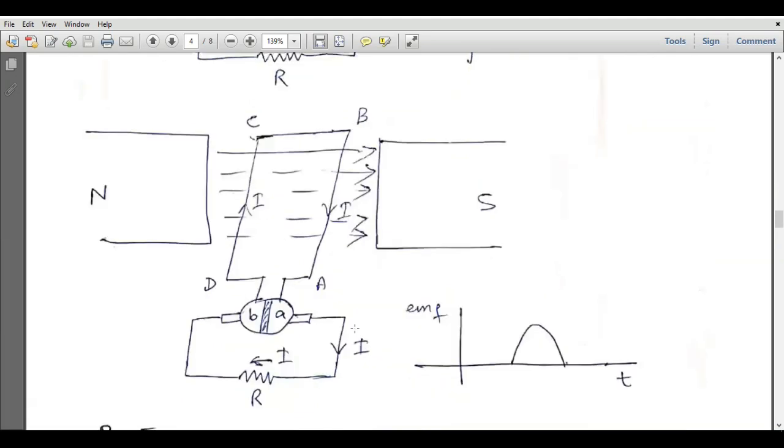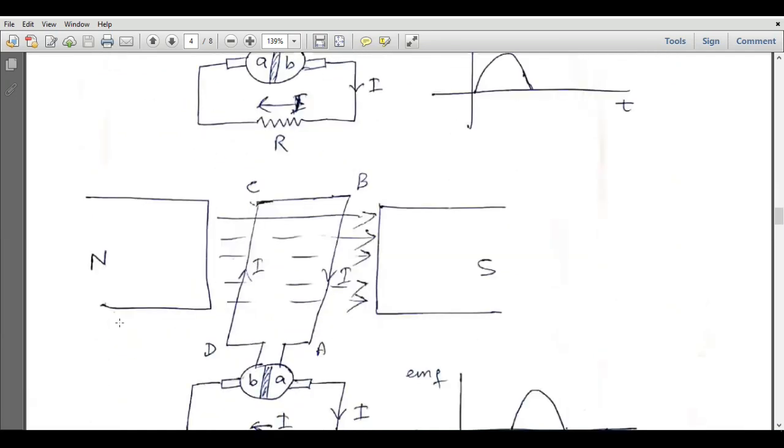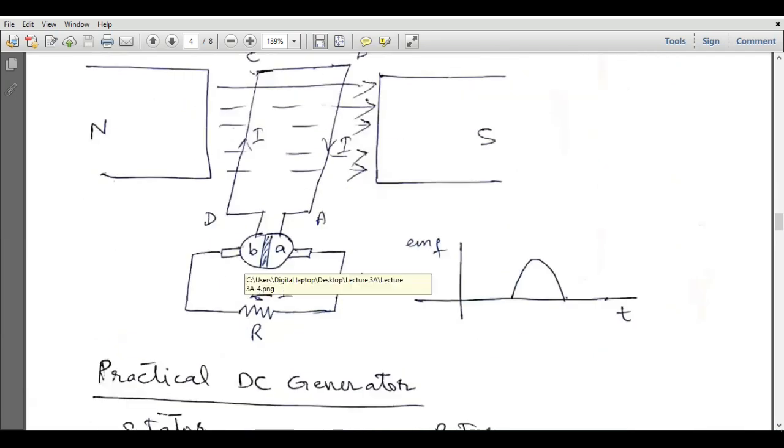So after 180 degrees of coil rotation, this is the direction of current in the two sides of the coil. And now this segment A has also moved by 180 degrees. Here the commutator segments were A and B in the left and right direction respectively. Now the commutator segments have also moved and it is B and this is A. So now the current is entering this A segment